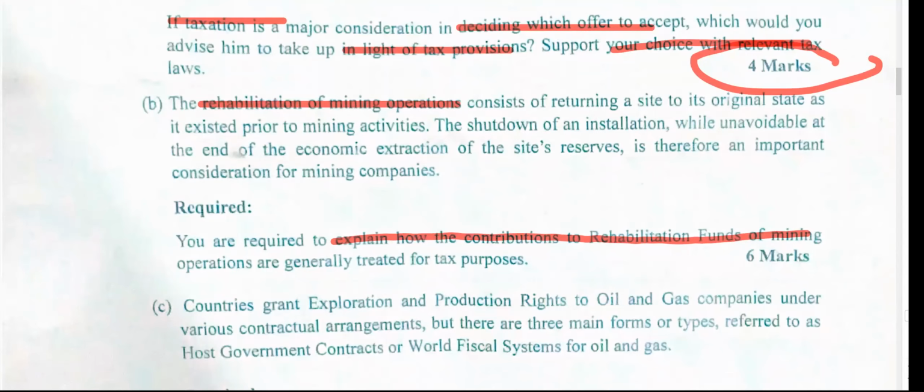Okay, so we have to visit the Income Tax Act. Let me try and see if I can open the Income Tax Act. Then I show you how to deal with this in case it comes. Maybe the last diet rehabilitation came. This diet they can decide to bring decommissioning. Do you get it? Are we all together? So you just prepare, that's all. It's about preparation. There's no shortcut anywhere.